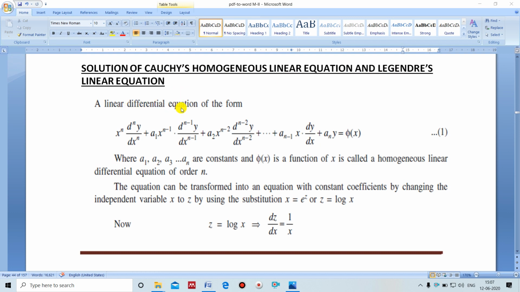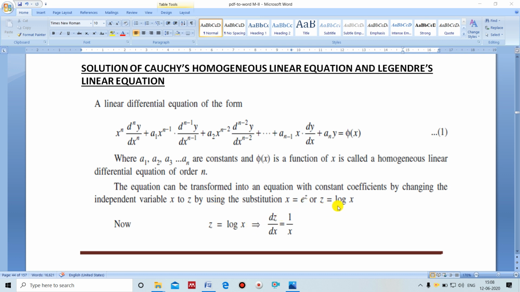A linear differential equation of the form x^n d^n y/dx^n + a1 x^(n-1) d^(n-1)y/dx^(n-1) + and so on + an y = φ(x), equation number 1, where a1, a2, a3, an are constants and φ(x) is a function of x, is called a homogeneous linear differential equation of order n, or it is also called Cauchy's linear equation. So this Cauchy's linear equation can be converted into a linear differential equation by substituting x = e^z